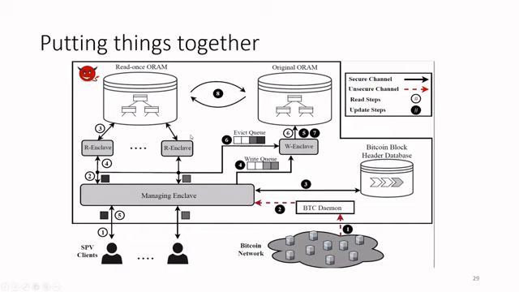To put things together, we have an overview of our system. When the SPV client wants to perform a read access on the UTXO set, it connects to the server, performs a remote attestation with the Intel SGX, and establishes a secure channel with this SGX. Any future read request from the client will be split into 2 different operations: the read part performed on the read ORAM tree, and the eviction performed on the original ORAM tree. As we mentioned before, by doing this, we allow parallel access of the read ORAM tree